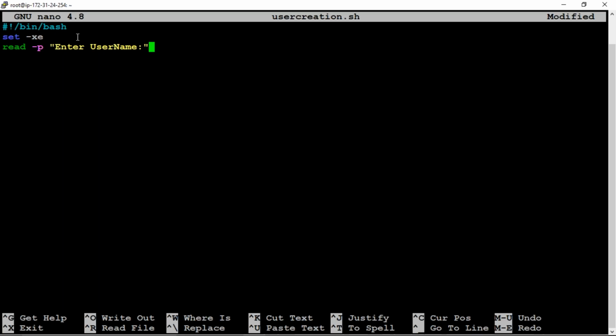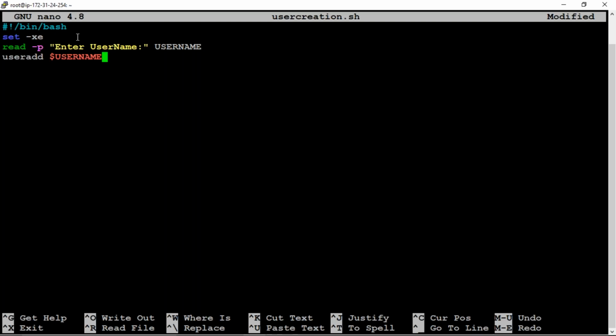Right, so I'm assigning the username as a variable. Got it? And in the next line, we add useradd space dollar USERNAME. Yes. Should user variables be in capital letters?